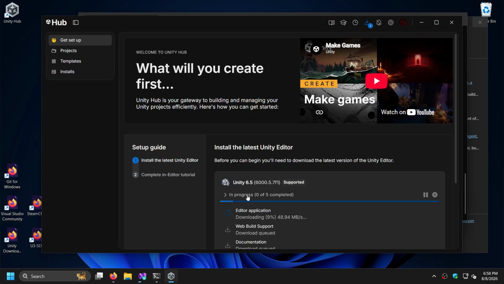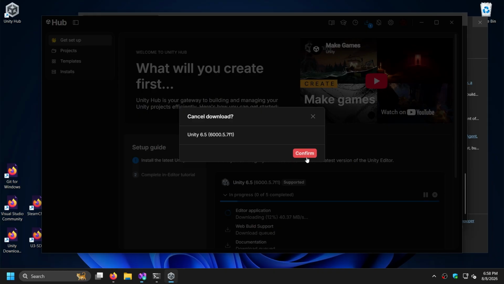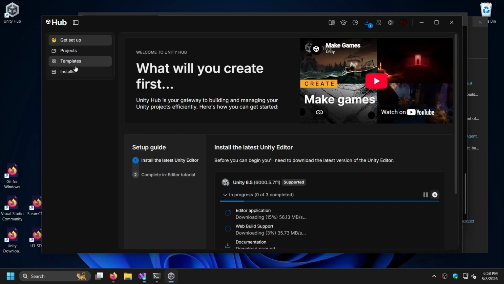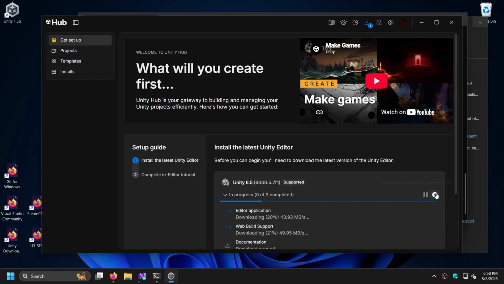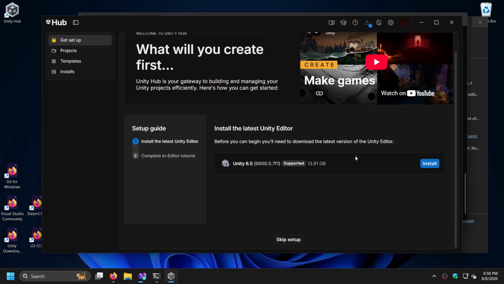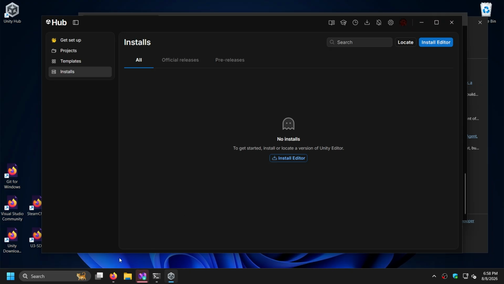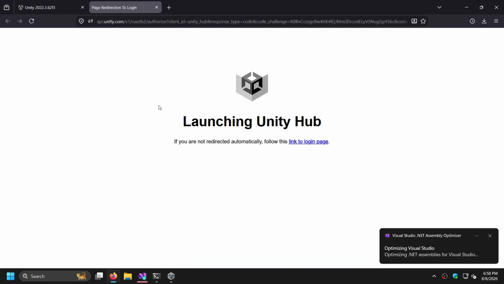So it should not, I don't know why it's downloading this by default. So if it's downloading something, go ahead and cancel that because you do not need that version of Unity. Okay, there we go. So now what you're going to need to do is go to another link in the